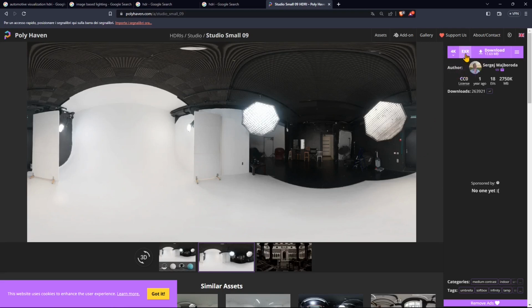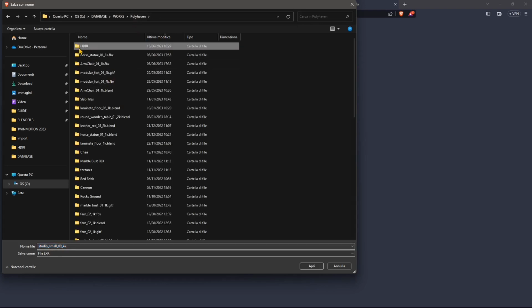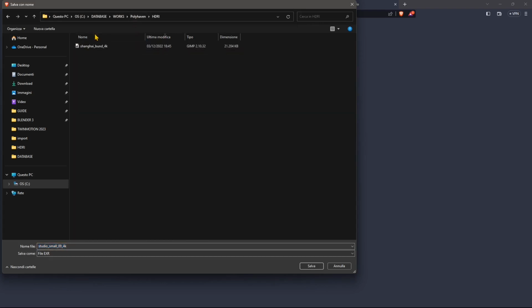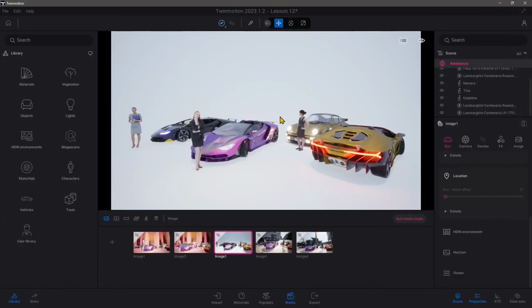So just to make a test, I'm going to download here the 4K EXR, and I'm going to save it in my Polyhaven folder, in my HDRI folder. I'm going to save this other type of file, which can be used. You can use HDR format, or you can use EXR. So we're going to start with, again, the HDRI, like we did in the previous video, and then we're going to move forward